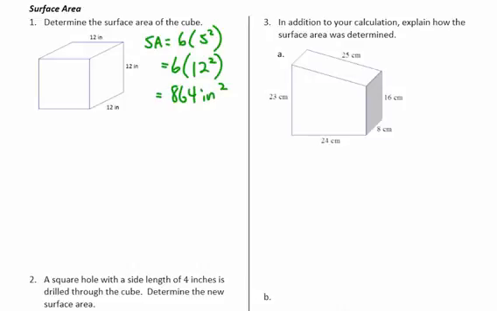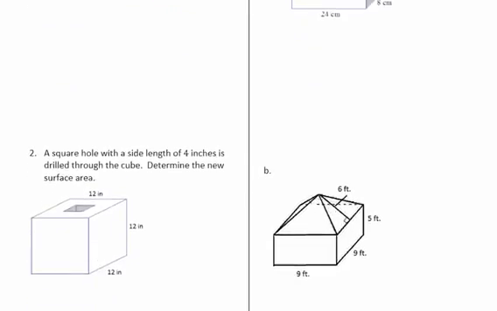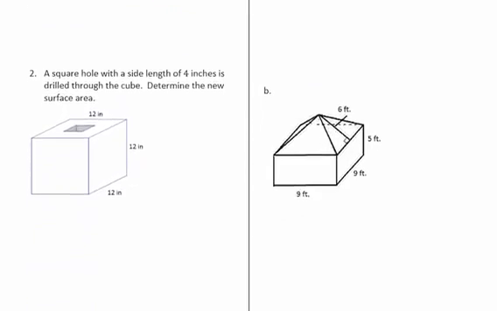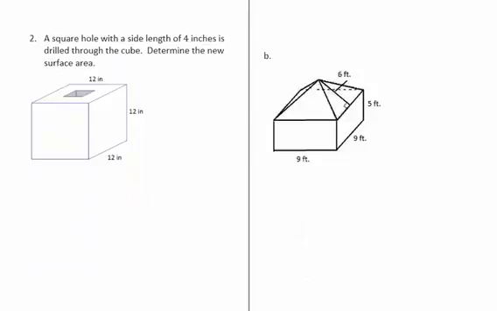Question number 2 talks about the cube, the same cube, and this time now though, they took a square center out of it, and each side of that is 4. That tells me up here, length of 4. So the new surface area then is the old surface area from question number 1